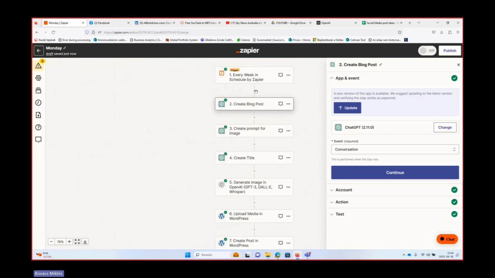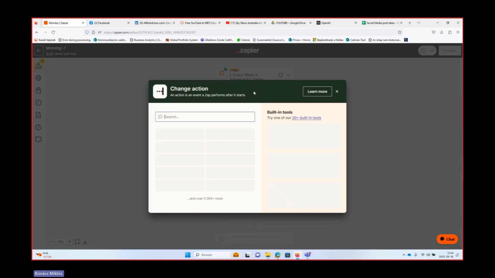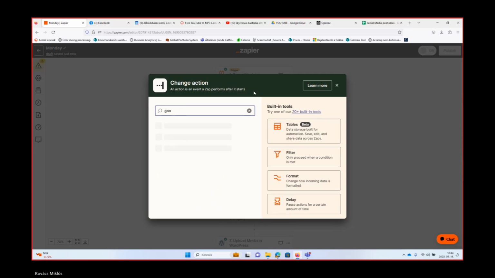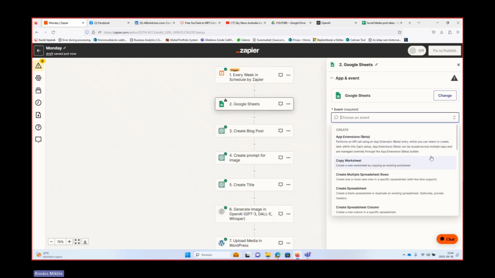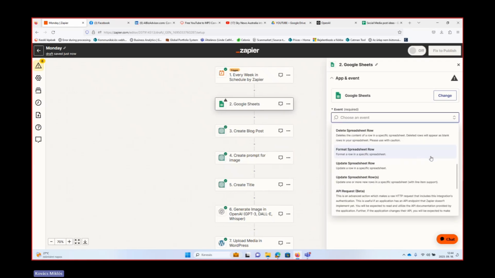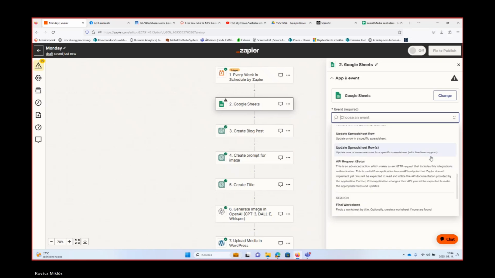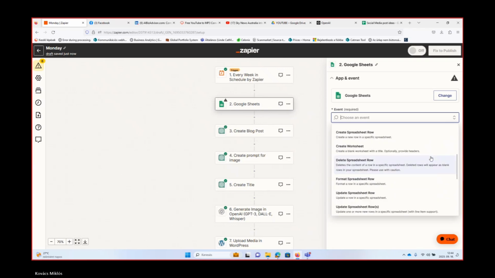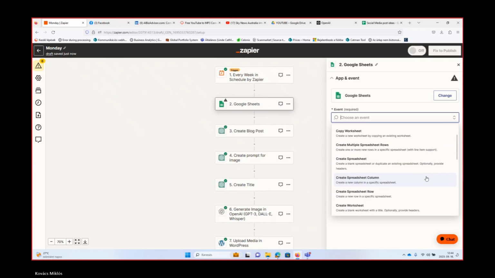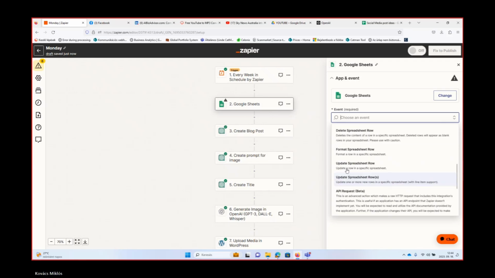Then we can jump to the next step, which is basically having ideas. So here I will add Google Sheet, as we did already earlier in this example. So Google Sheet, and here I'm going to use update spreadsheet row.